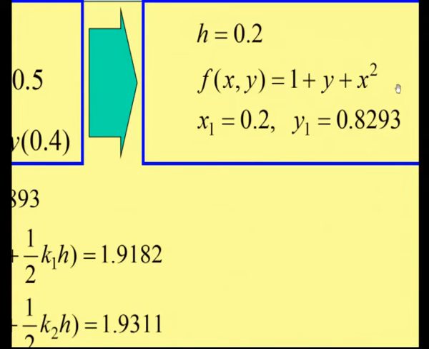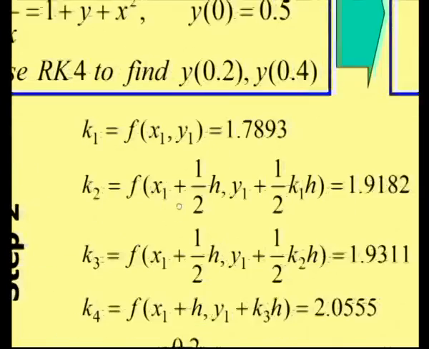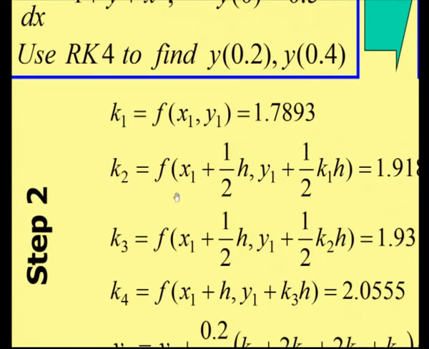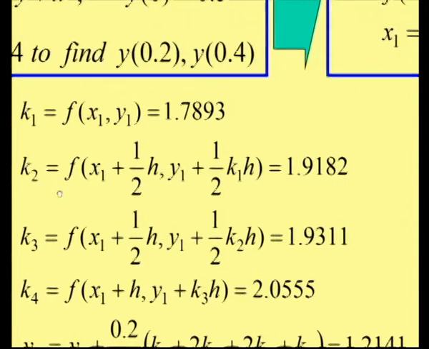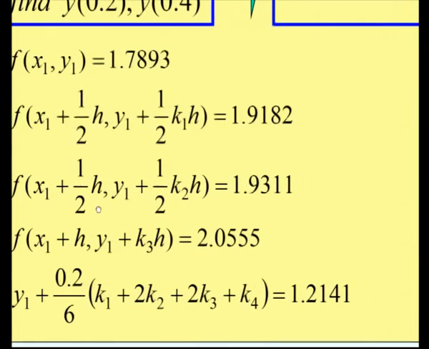Using this f function, here we will put y1, here we will put x1, and we get this k2. For k3, the x component is incremented by half h, the y component is incremented by half k1 h, and we get this. And k3, the x component is incremented by half h, y1 is incremented by half k2 h,